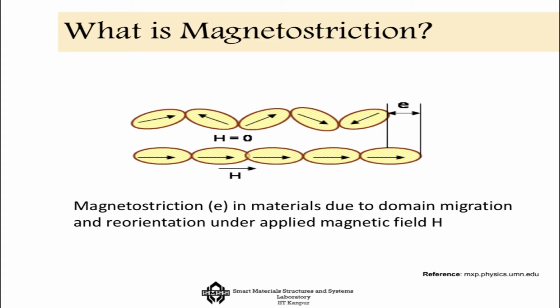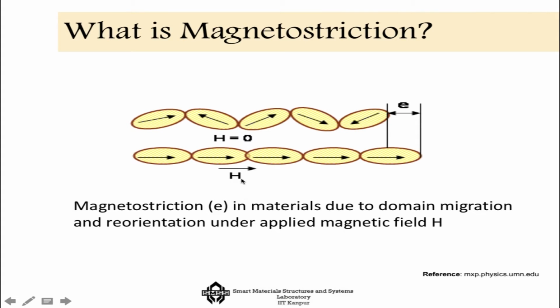Now how does this magnetostriction happen in these kinds of materials? Well, you can think of it as if each of these magnetostrictive elements has millions of small magnetic domains, just like beads, each with its own dipole direction and its own magnetic field direction, which can be random to begin with. So that's the general state of a magnetostrictive material when the applied magnetic field is zero.